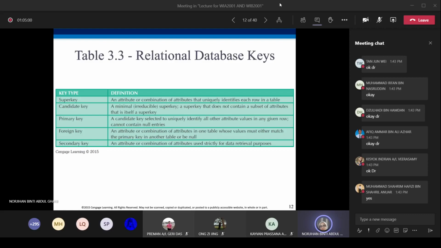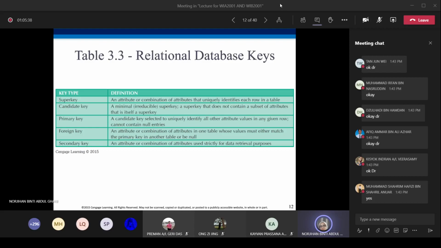Primary key is among the candidate keys, but it is the most suitable one to be used as the primary key. If you look at the video just now, we have a student table, where the candidate keys for that table are student ID and registration ID. But comparing student ID and registration ID, student ID is the best attribute that we can select to be the primary key. So that's the difference between primary key, candidate key, and super key.